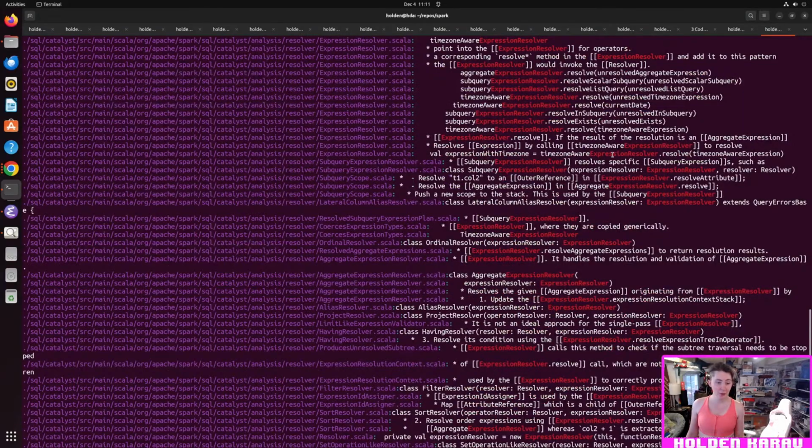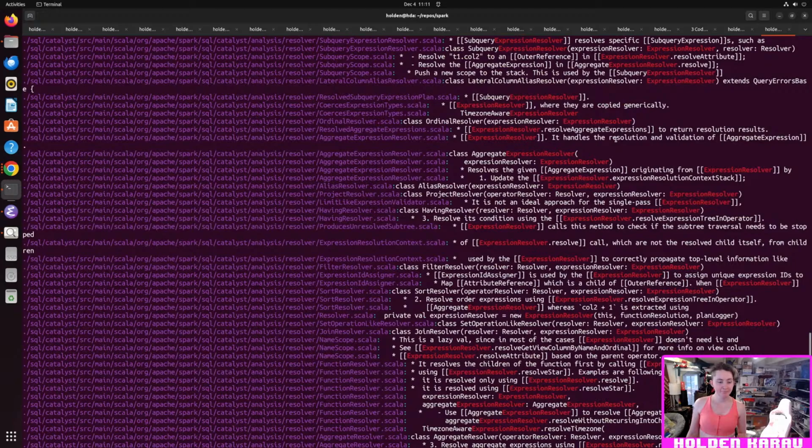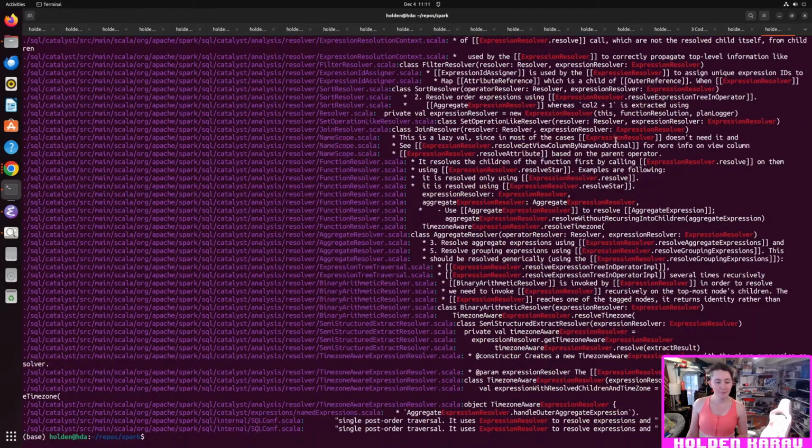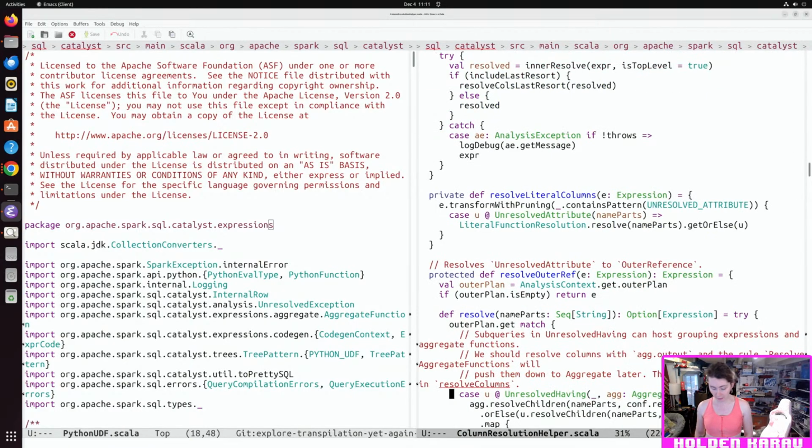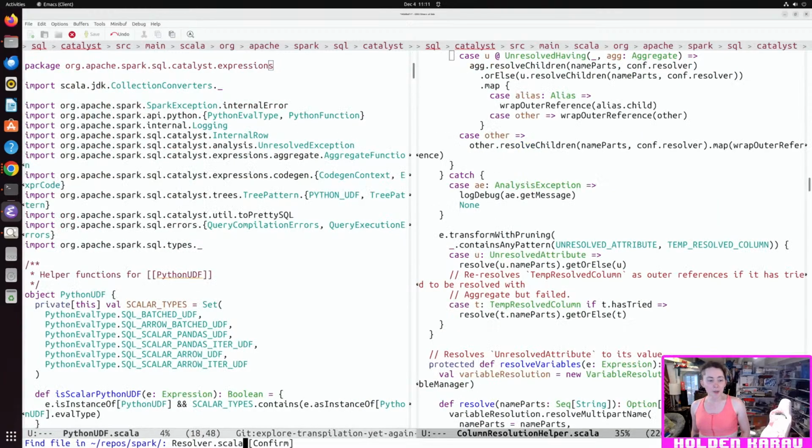Damn it. Fiddlesticks, as my mother would say. Okay, well, there's the resolver inside of resolver dot scala. Let's go take a look at resolver dot scala.